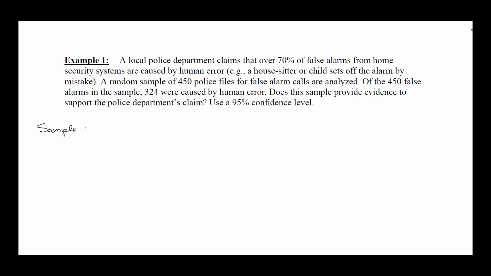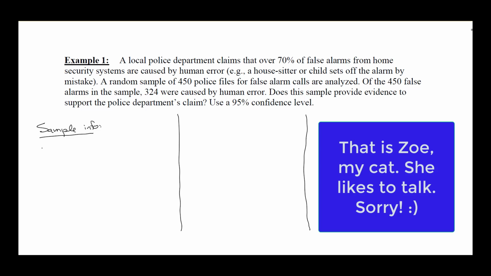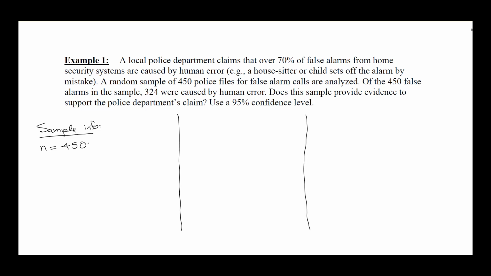First, let's write down the sample information. And I like to divide my work on the hypothesis test into 6 squares, just to keep me organized and on track. So for the sample information, my sample size is 450, and if you hear a cat in the background,